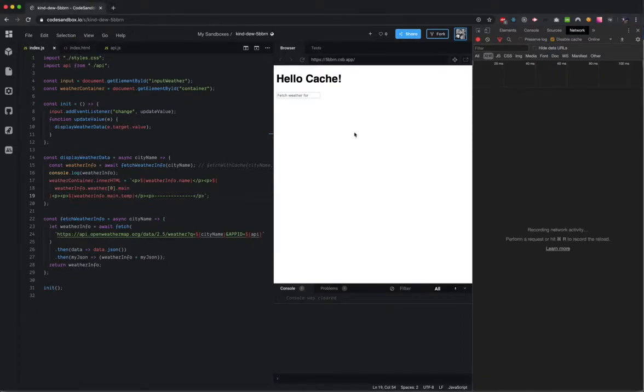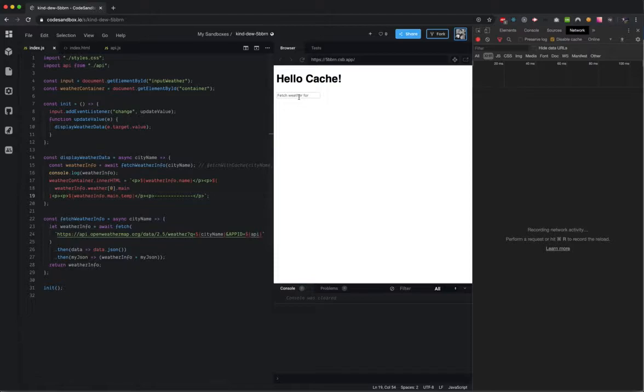So in this case we are going to talk about cache, and the cache is in the JavaScript layer. We are going to be persisting some data in our memory in a data structure from JavaScript, with the intention that in some cases we know that the data is not going to change in a certain period of time. For example, in this case we are going to consume the data from the OpenWeatherMap